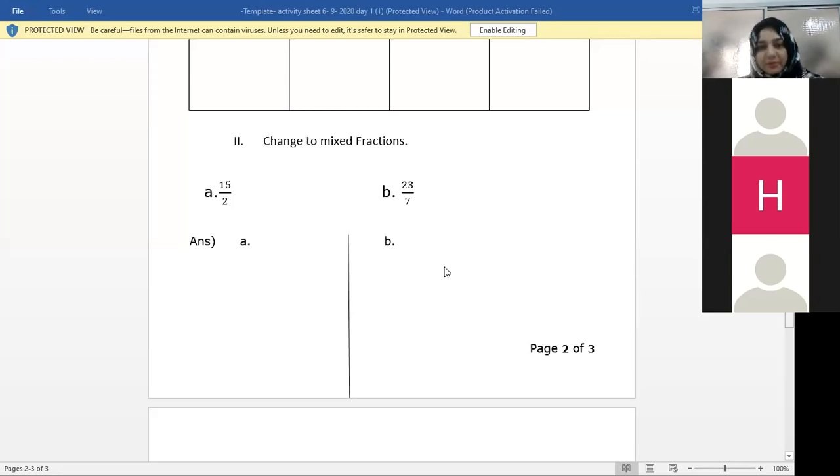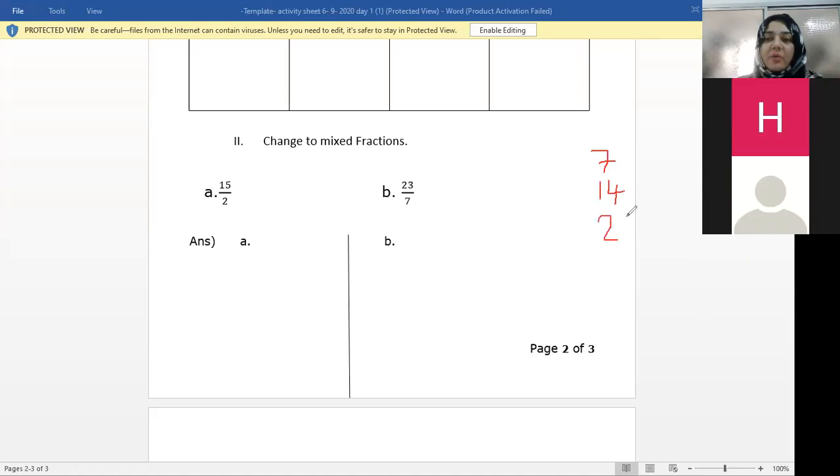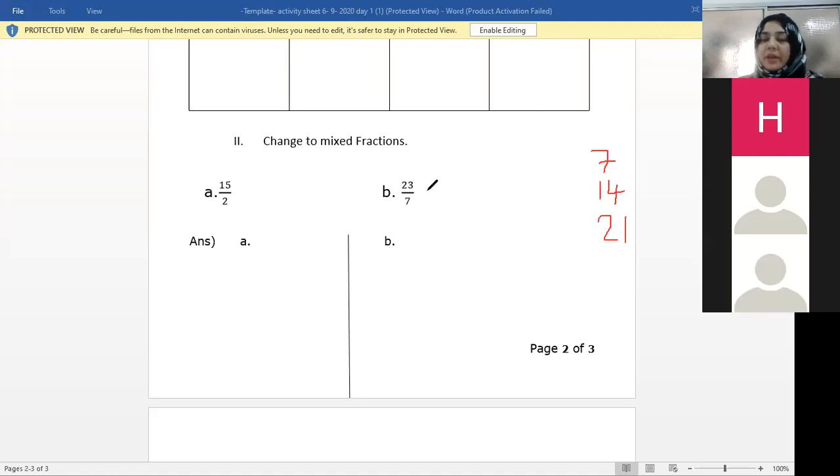So kids, I was on this question. Most of you are saying that you know the answers very well, but still I have to explain that we should know the table of 7 because it's the denominator. 7 ones are 7, 7 twos are 14, 7 threes are 21. We should know the nearest number to the numerator. 28. Okay? No, we don't need to write a number bigger than 21. Yes, 21 will go.